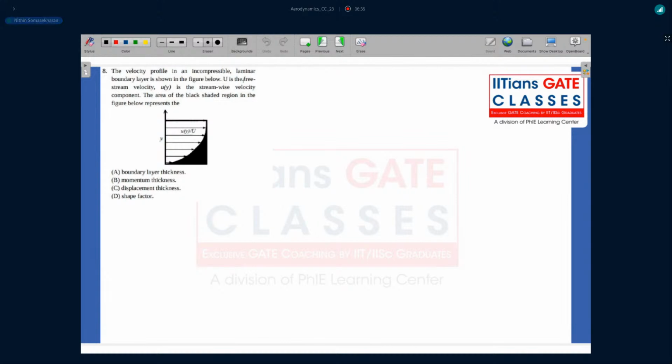Here, U is the free stream velocity, u is the streamwise velocity component. The area of the black shaded region in the figure below represents the boundary layer thickness, momentum thickness, displacement thickness, or shape factor. And now if you look at the options over here, what you can see is,